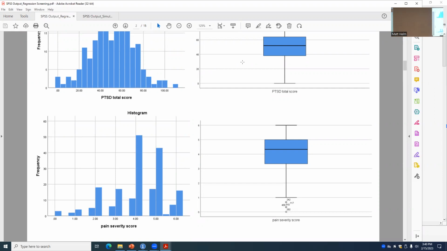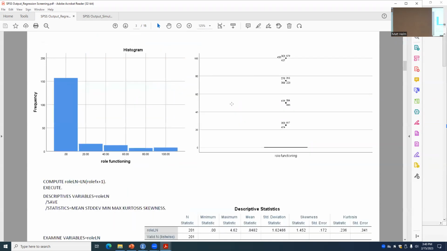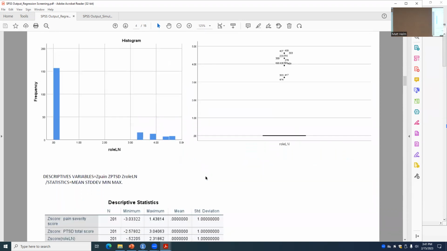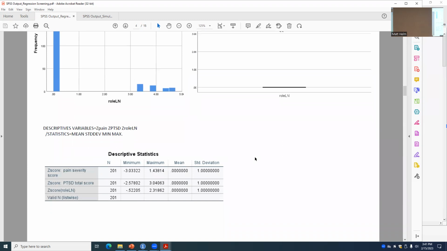All right, folks. Going to jump back in, so we're working through, again, all this stuff, pretty straightforward stuff that you've already done with screening. The only thing we're doing a little bit different is playing around with some transforms, trying to get the idea with this stuff. Okay. So what we're going to do now with our transformed variable, we're like, all right, this is as good as it gets. And so what we're going to do here is just go through and do our standard looking at our descriptives, our z-scores